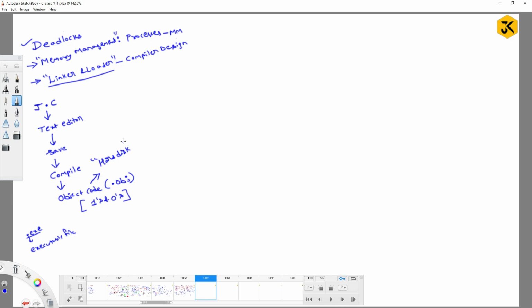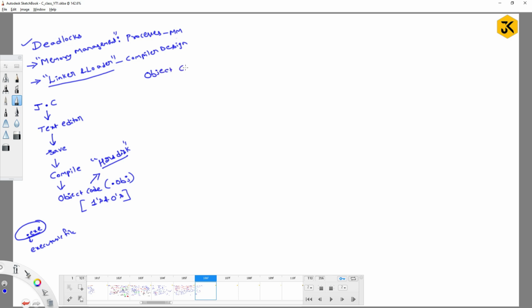When you are under execution, some particular software will load the object code which is available in the hard disk to the main memory. That is what we call an executable file. Okay, so if you look into how the object code is,